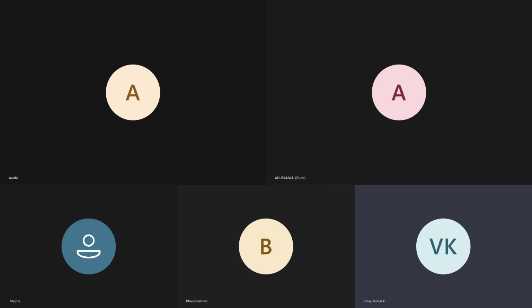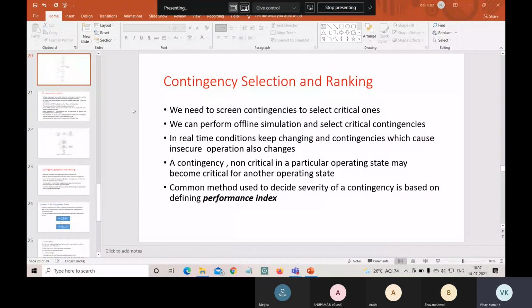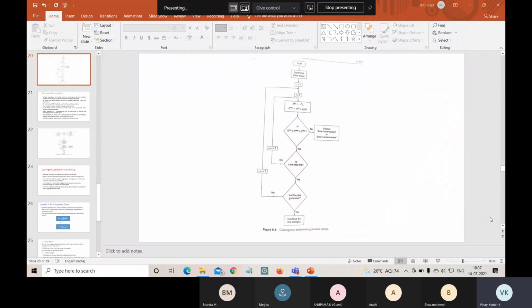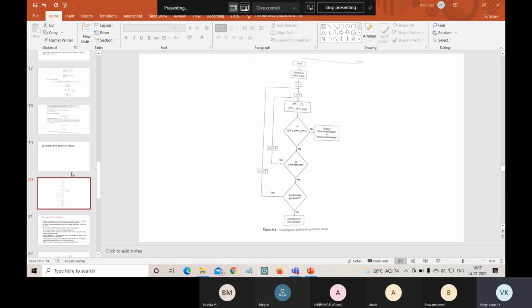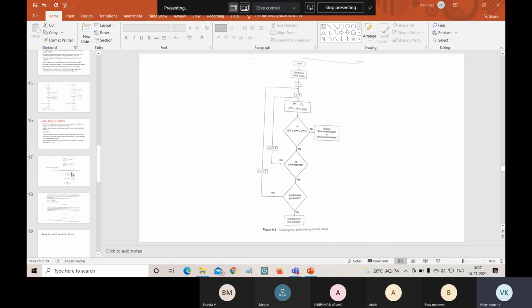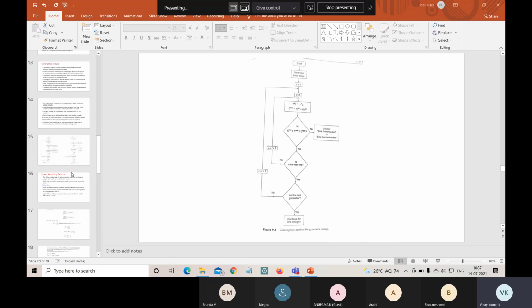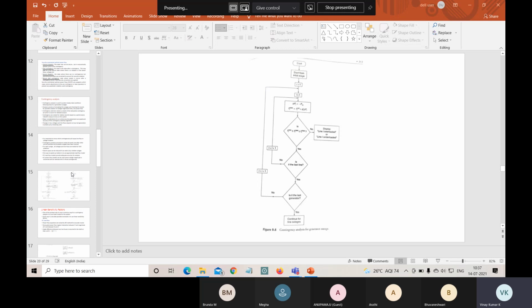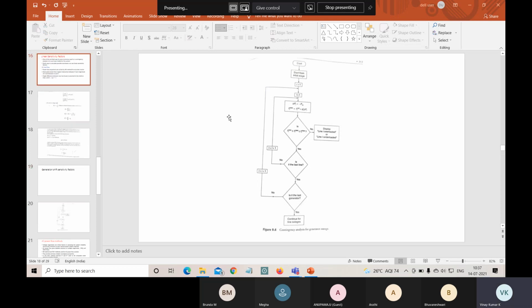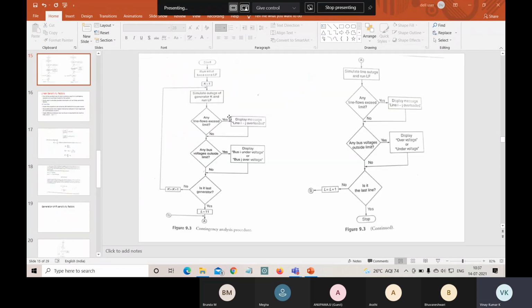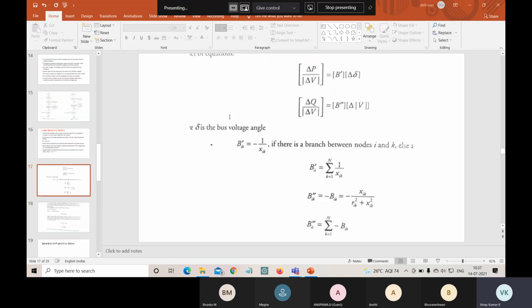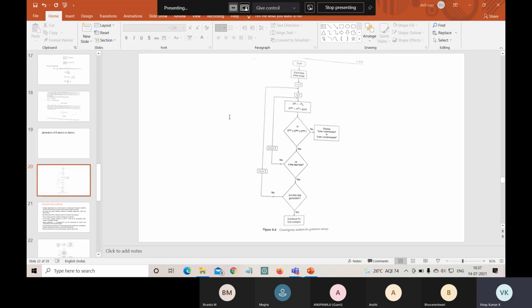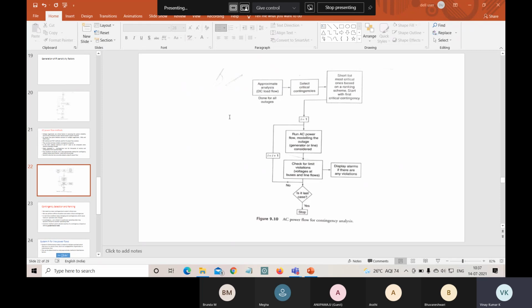So in the previous class, we were discussing the DC flow and AC flow analysis. So DC flow, AC flow, different. I will discuss the contingency shift sensitivity factors later. We have discussed the contingency analysis, right? Contingency analysis, linear sensitivity factor, and DC load flow. So that we studied. I will discuss generation shift factors later, and AC power flow also later.